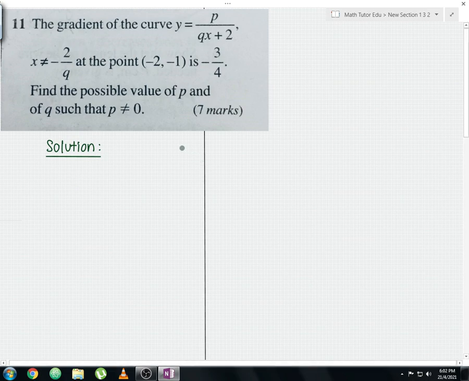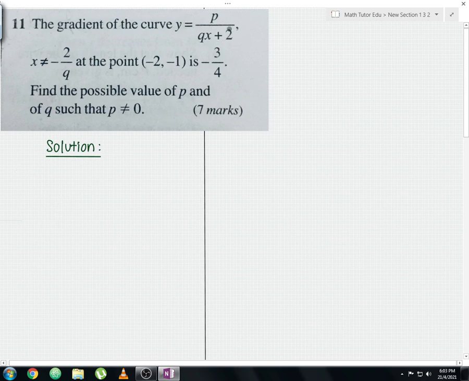Okay, whenever you see two variables in a question, keep this in mind guys, you need to come up with two pieces of information and two equations. So from here let us come up with those two pieces of information first. The first information we can obtain easily over here, where they give the coordinate negative 2, negative 1. In this case negative 2 is the x coordinate, negative 1 is the y coordinate, so we can easily substitute into this equation. That will be our first step.